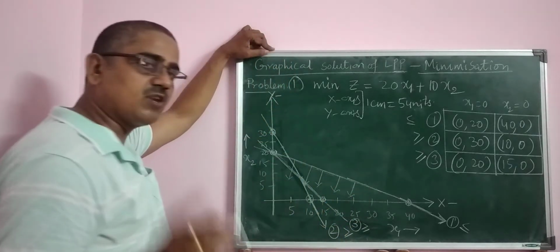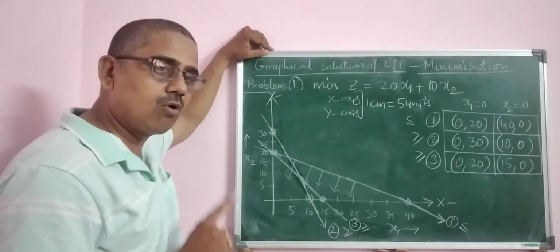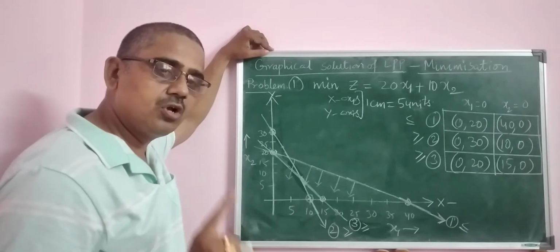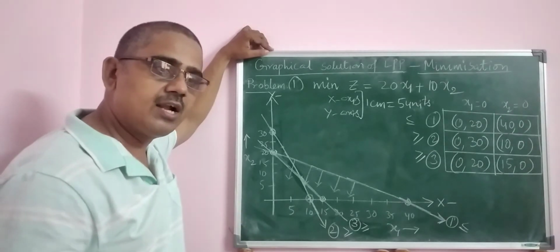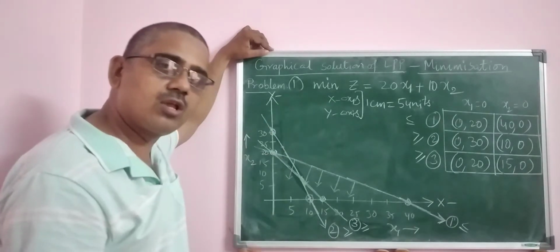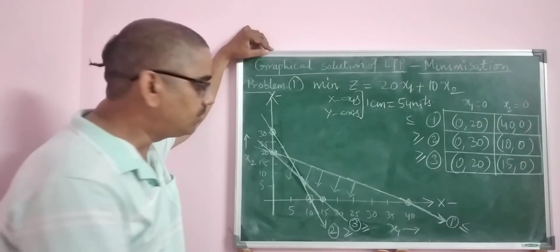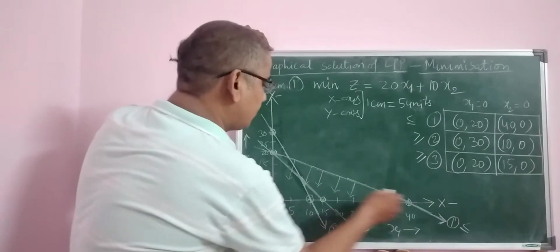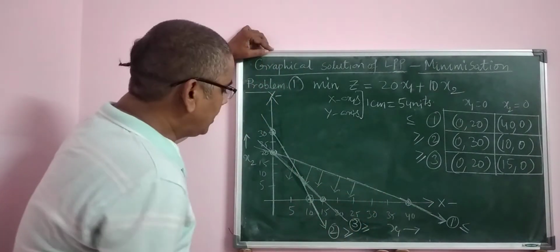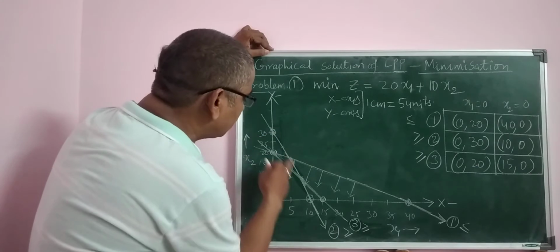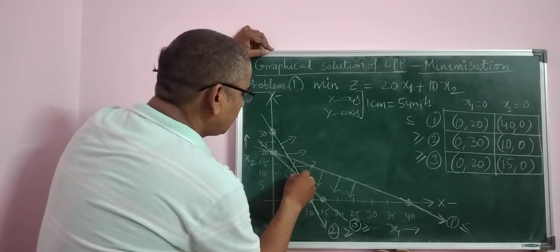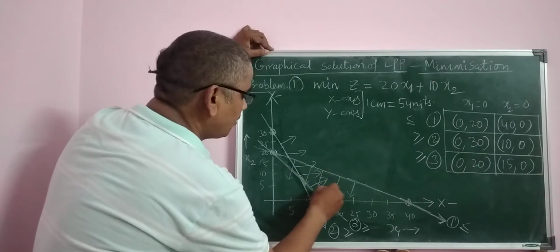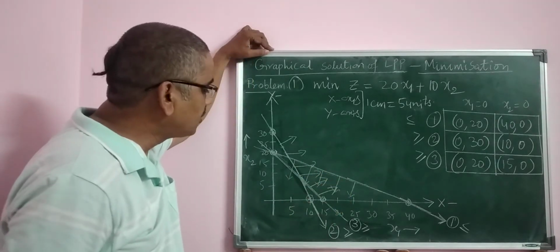Less than or equal to in the first quadrant. Remember, whether it is greater than or equal to or less than or equal to, you have to shade the region in the first quadrant. For less than or equal to, shade the region below the line. Equation 1 is less than or equal to, and equation 2 is greater than or equal to, which means this is the region.